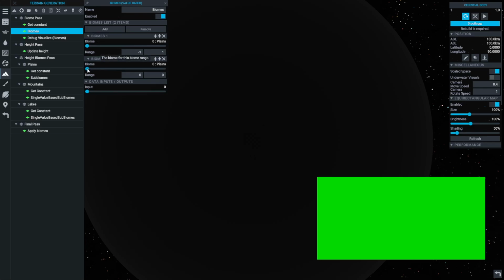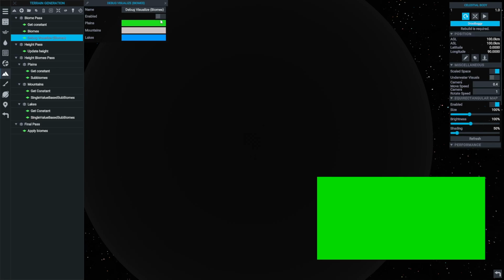So by sliding across this slider, we can set one to be referencing plains, the next one to be referencing mountains. We'll set the plains biome to appear on regions where the noise equals -1 to 0, and the mountains biome for 0 to +1. Now that we've got both biomes connected to this modifier, we need to prepare a suitable noise input to control that distribution. To help us with this, let's disable the Biomes Visualizer